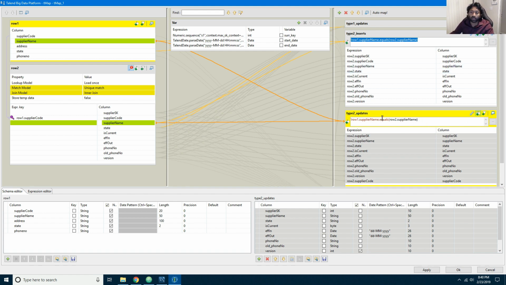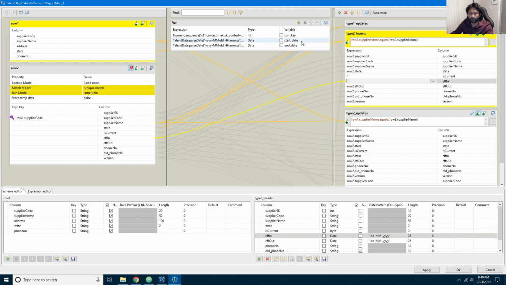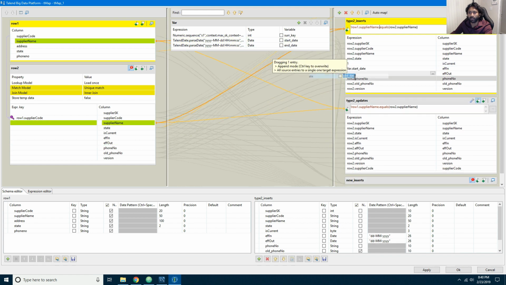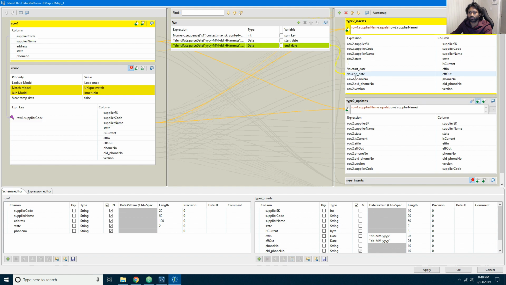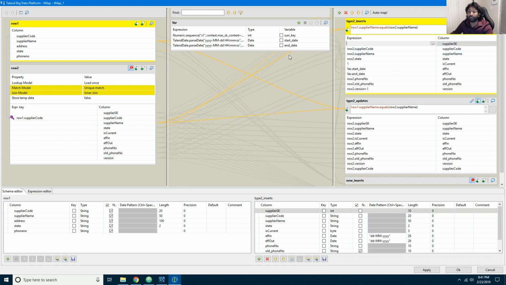whatever records we get here for the inserts, we will put this as the current. So this will be, you can put 1, because the new inserts always 1. Effective in will be today's date, effective out will be end date, and this won't change. Version will be whatever old version plus 1, and state will be state, supplier name will be supplier name, supplier SK will change though,